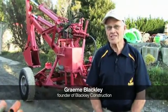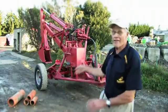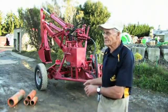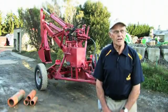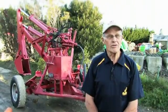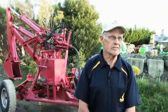Well, about 1960, this small contracting business came up and it included one of those. So I thought that was the way to go. Most of what we did was done with dumpy levels and boning rods behind the back actor there, and we'd get off and grade the bottom of the trench out, and then we would lay those field tiles one at a time. We just progressed from there and did a lot of work up here for the Department of Agriculture under their umbrella, and they trained us. They trained us how to survey, use levels and get the falls, all the things that were necessary for the